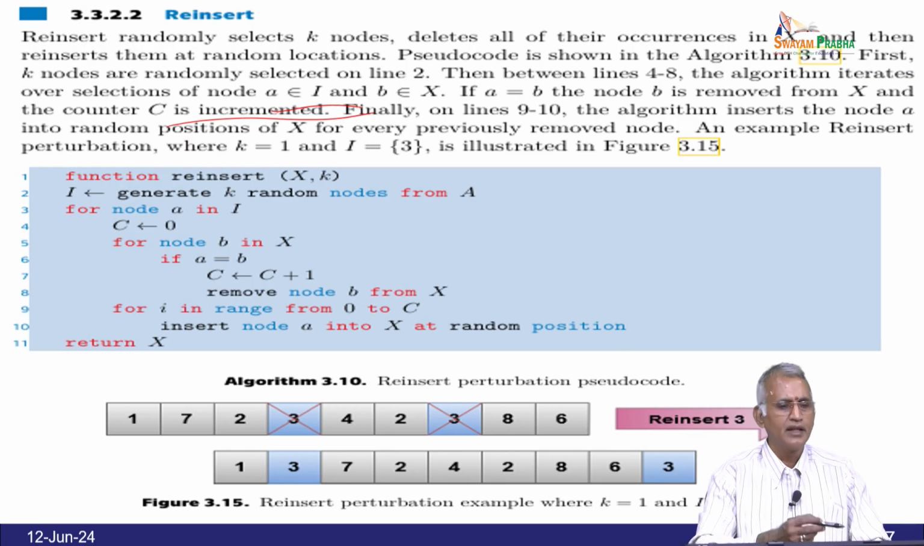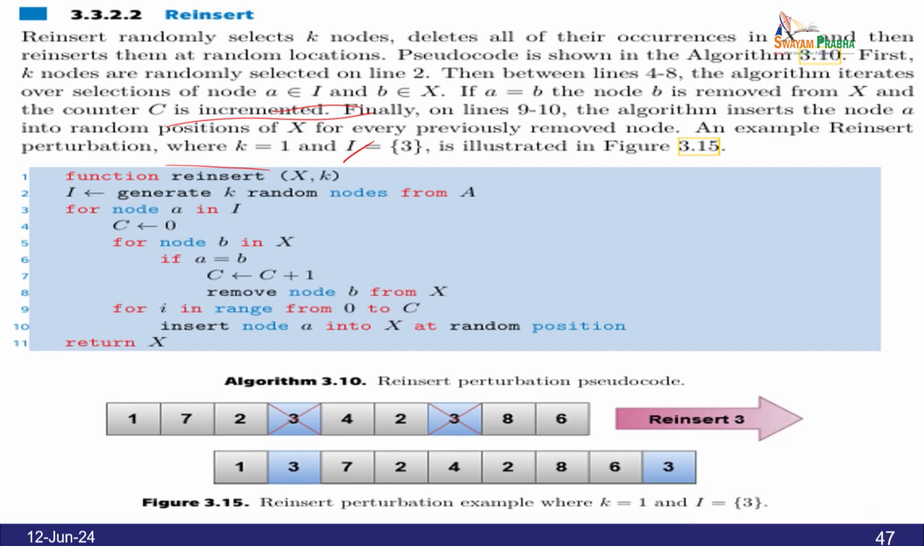An example, the reinsert perturbation where k equal to 1 and I equal to 3 is illustrated. So, function insert(x, k, I): generate k random nodes from A. For node A in I, start with C equal to 0. For node B in x, if A equal to B, then C equals C plus 1, remove node B from x. I in the range from 0 to C, insert node A into x at random position, return x. So, we remove the 3 here and then reinsert the 3 here, like 1 to 3,